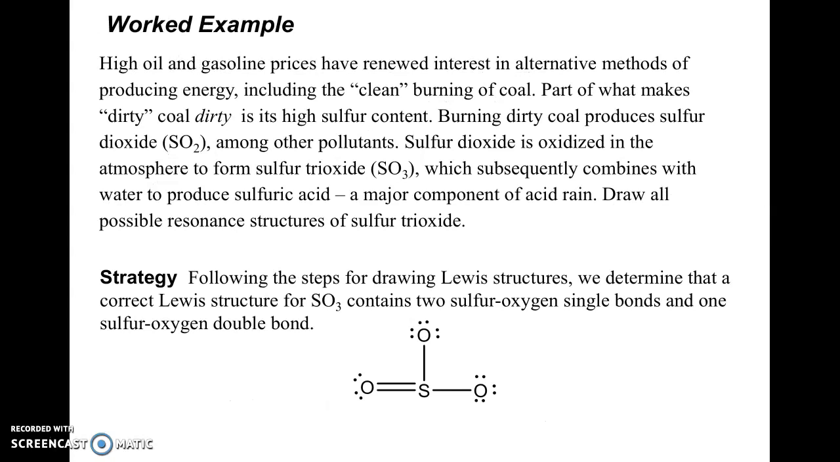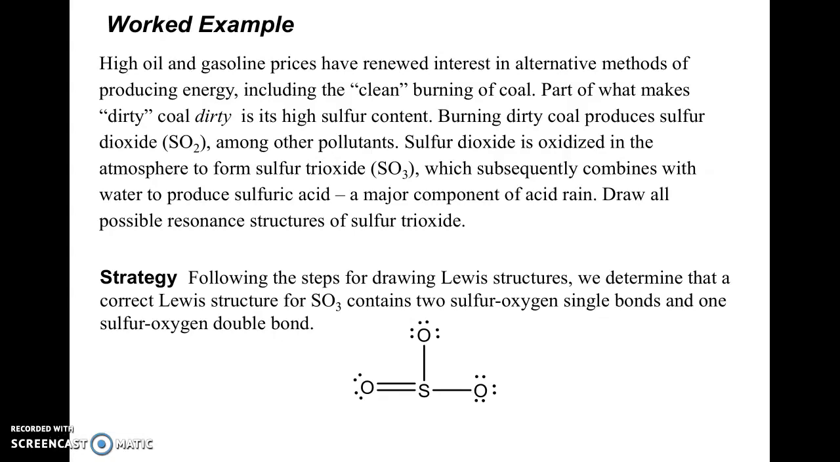All right, so in this example, we're talking about the problems with burning coal, and that has to do with the production of sulfur dioxide, which in the atmosphere can become sulfur trioxide, and in combination with water in the form of rain, it produces acid rain. So what we're going to do is draw the Lewis structures and try and determine the correct one for SO3, and we get